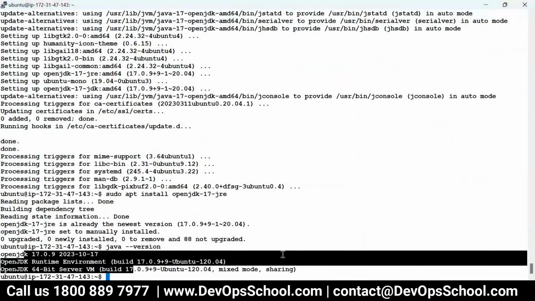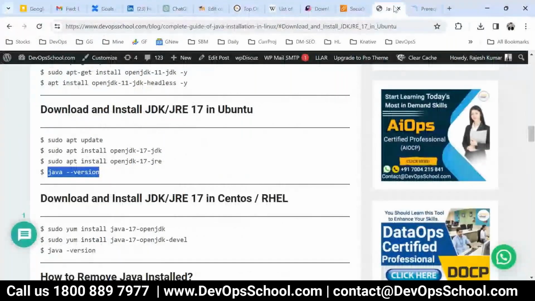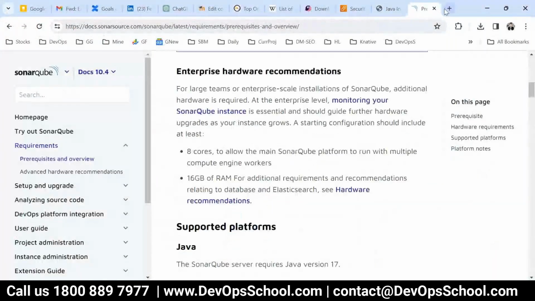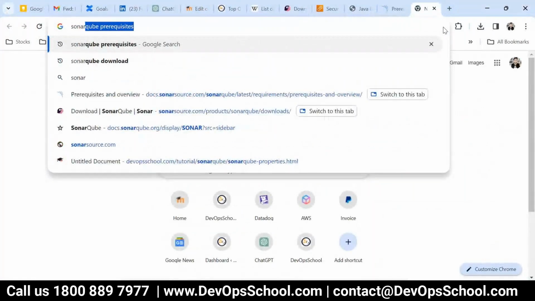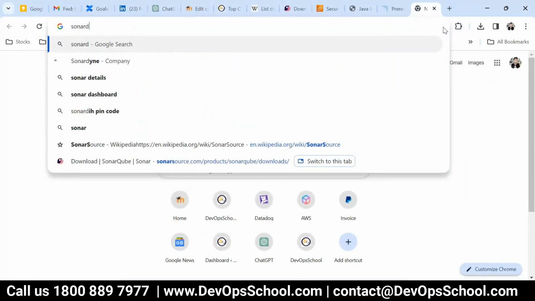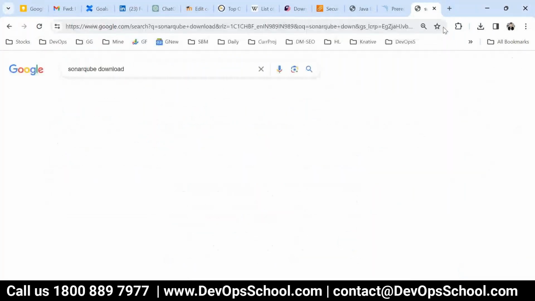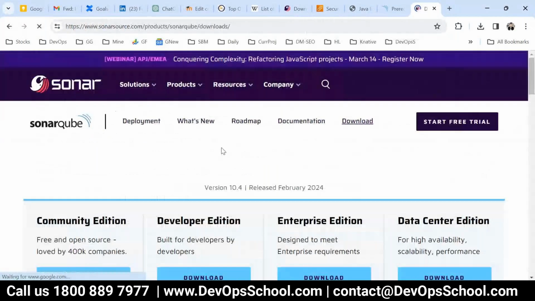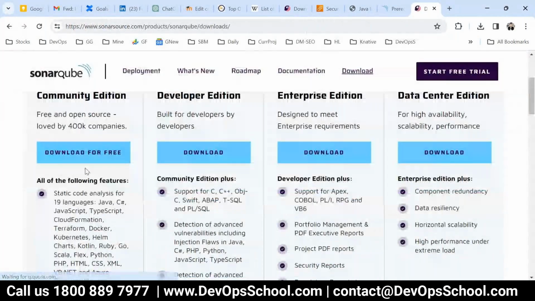So I will go and download the SonarQube Community Edition. How to do that? Let me show you. All these tutorials you can find at my website also, but I'm hitting directly because it's not that great and that complicated. So here,